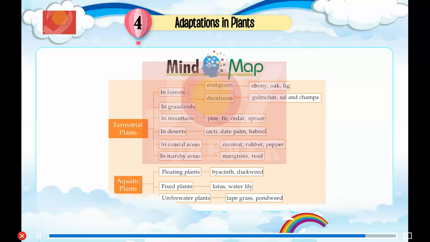In deserts like cacti, date palm, babool. In coastal areas like coconut, rubber, pepper. In marshy areas like mangrove and reed. Aquatic plants. Floating plants, fixed plants, underwater plants. Floating plants like hyacinth and duckweed. Fixed plants like lotus and water lily. Underwater plants like tape grass and pond